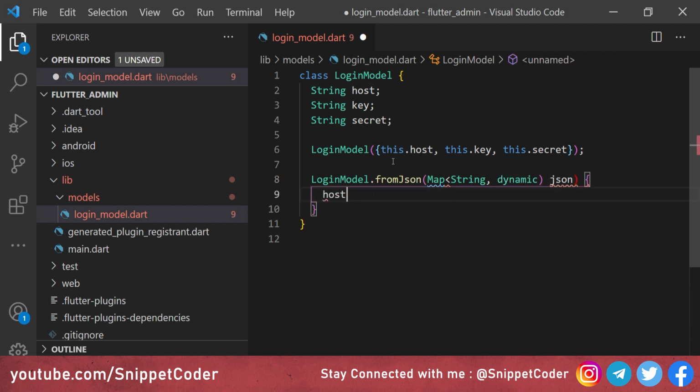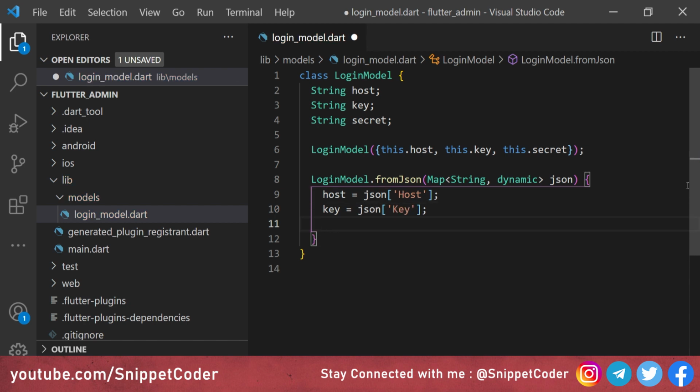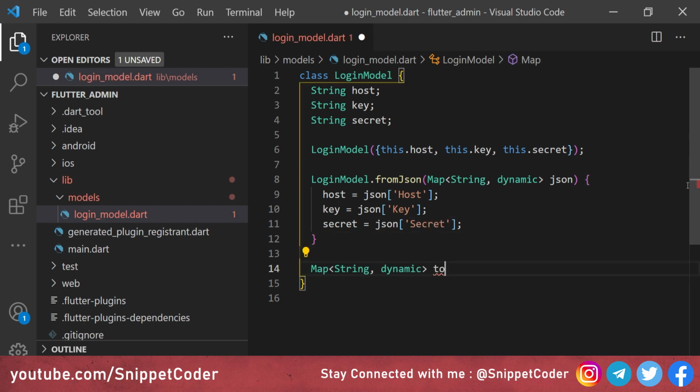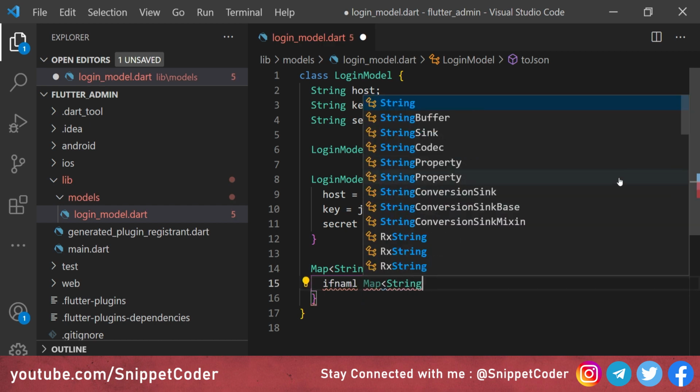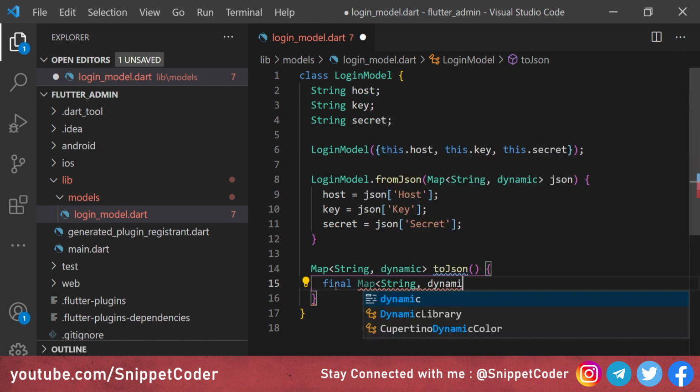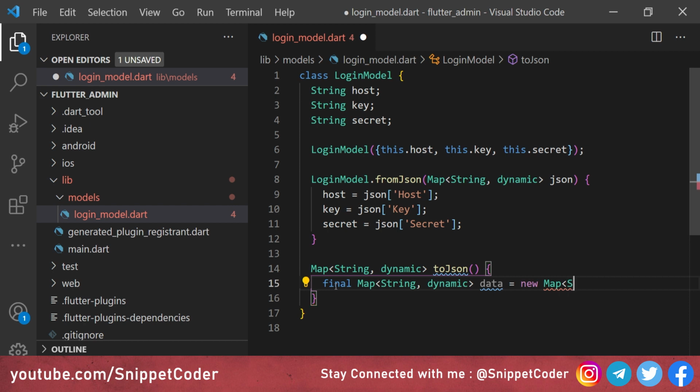Then we will do the mapping here, host is equal to json['host'], then we have the key here, key is equal to json['key'], then we have the secret here, secret is equal to json['secret']. Then we will create here toJson. Then here we have that variable, Map<String, dynamic> data is equal to new Map<String, dynamic>().